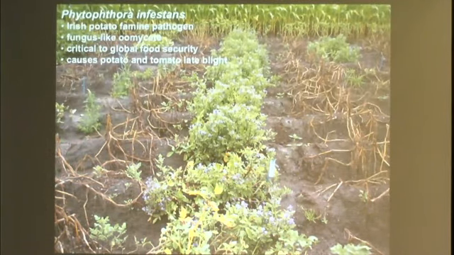So this is an oomycete pathogen. Oomycetes are closely related to brown algae. So they are not fungi, but they are closely related to brown algae. And this pathogen triggered the Irish potato famine in 1845. As you know,